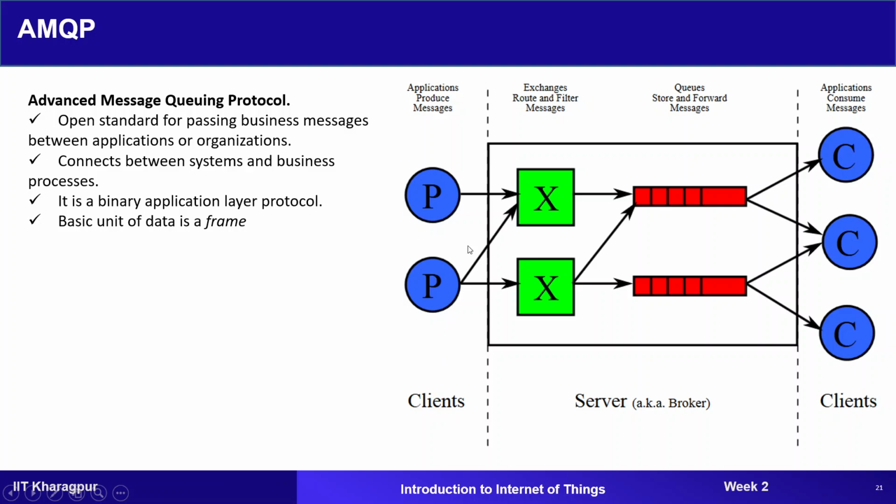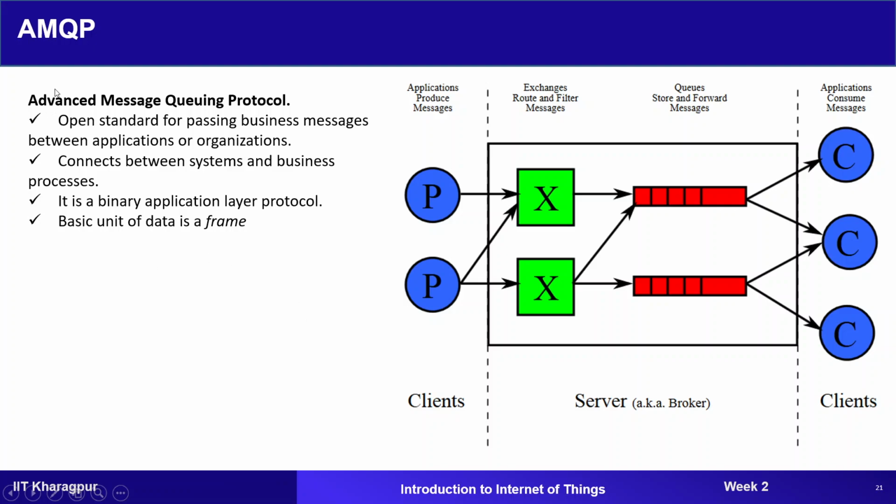Basically, these client applications are going to generate some data. Then after that, data is sent to the server part. The server part is going to store the data, and further, whenever required by your client application which is going to consume the data, this server will send the data to the particular client.